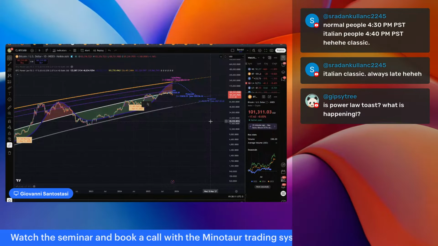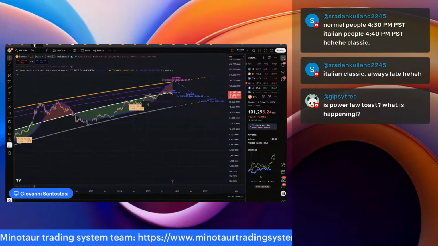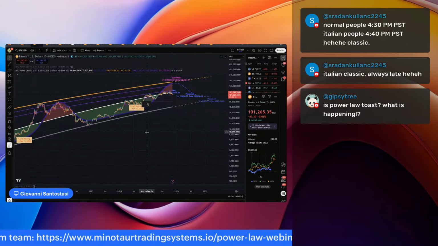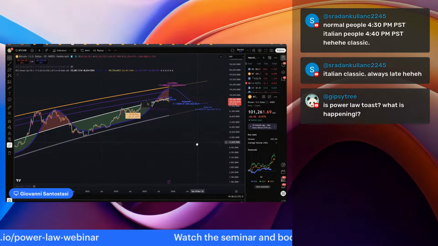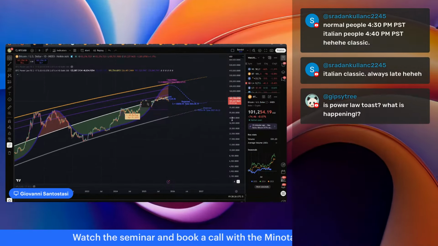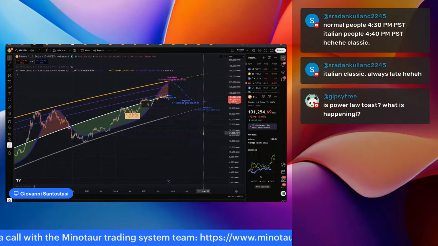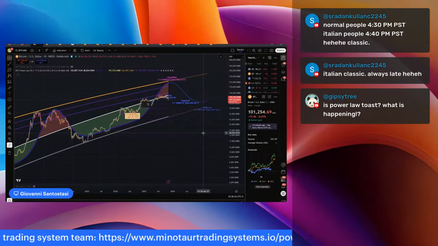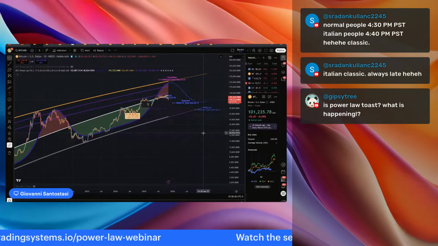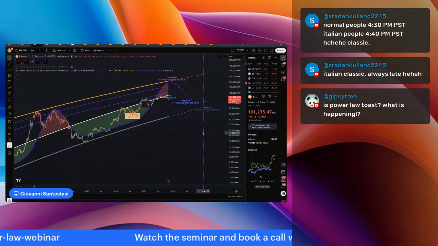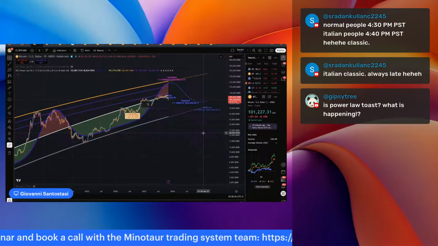Now, the full model is not the power law. I don't know why there are still people confusing this. I don't get it. The power law is the white line. So I already saw a comment: is the power law toast? How is it toast? Look at this. We are following it more than ever. Why? Because the bubbles are deviations from the power law. The only reason why, in the presence of the deviations, we still had an overall power law is